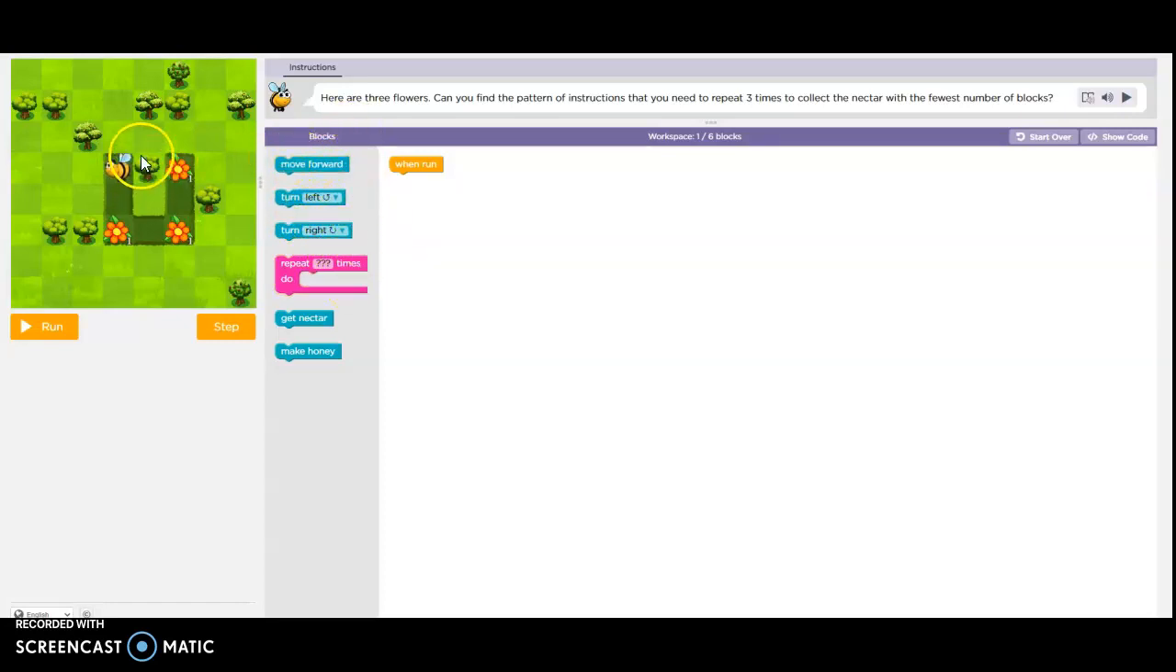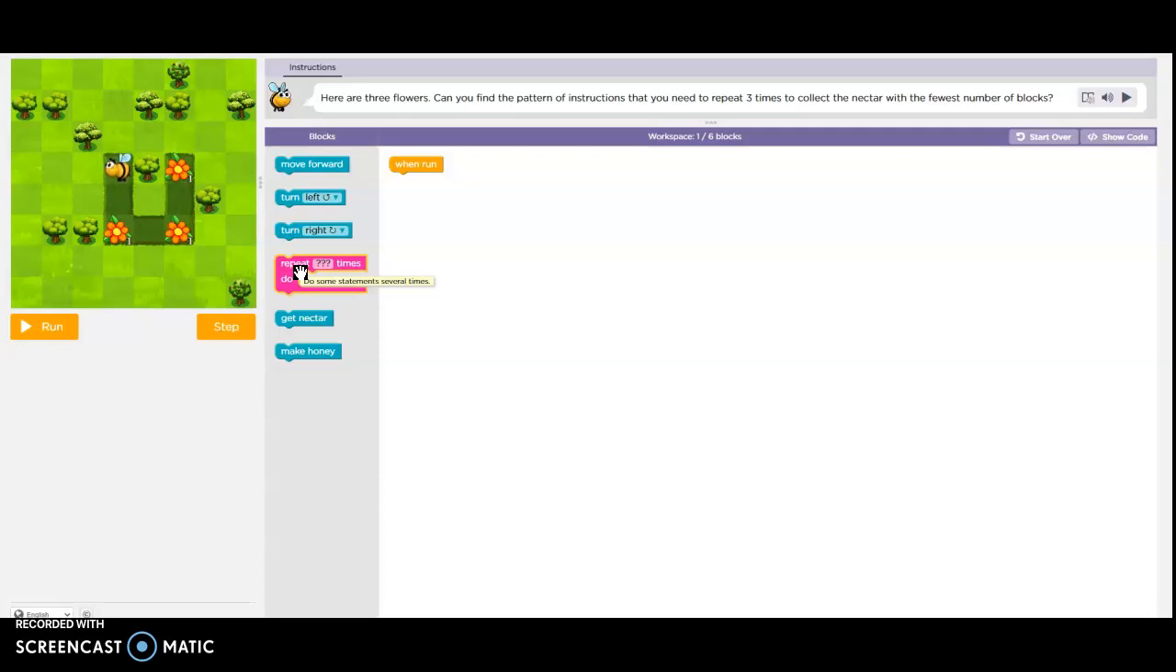Move forward means, so the B is over here, it would move forward one step. The turn left one changes direction to left. The turn right one will change its direction to right. And the repeat one will repeat your